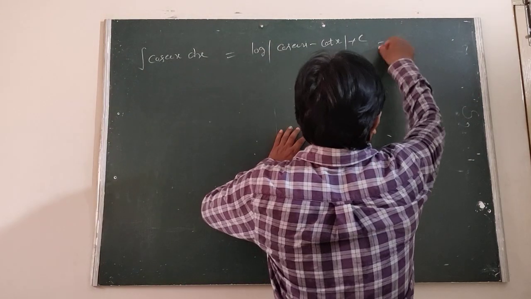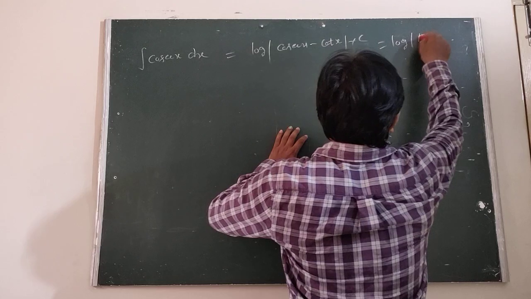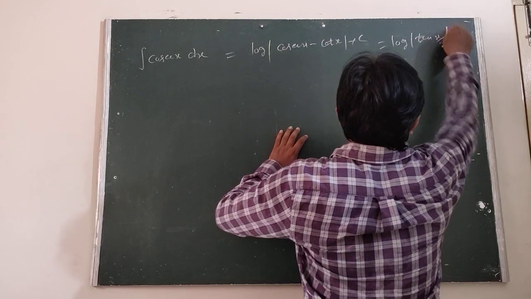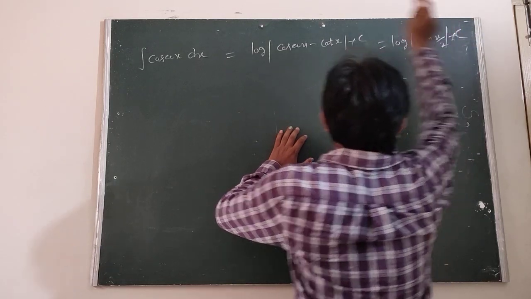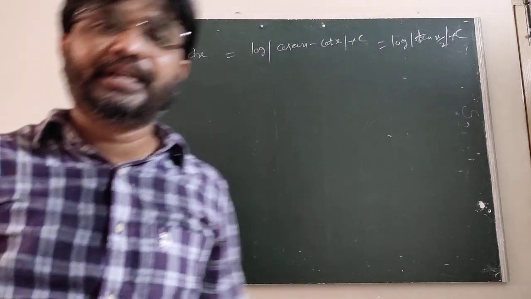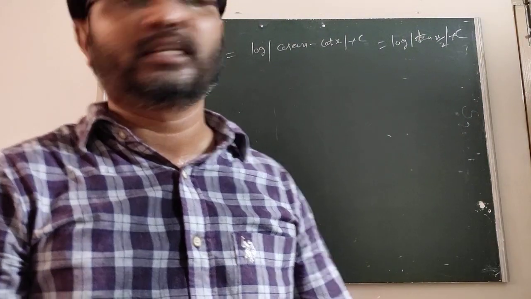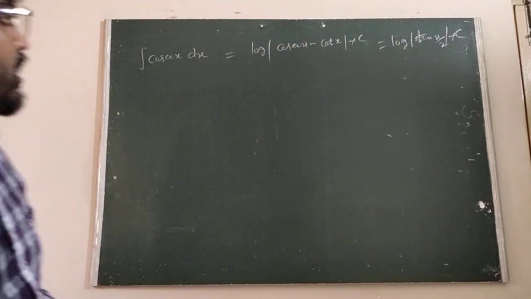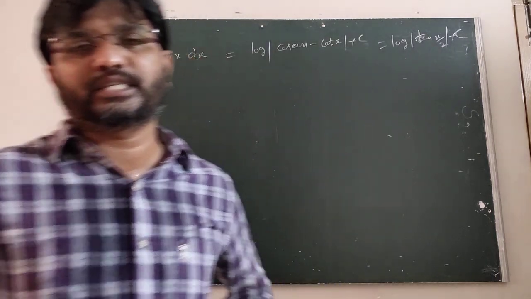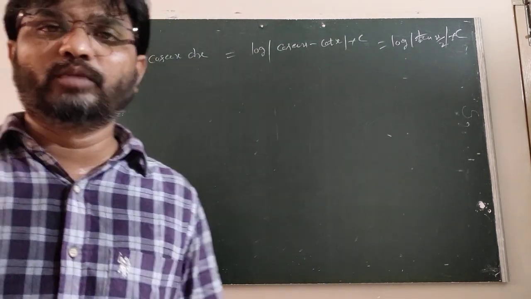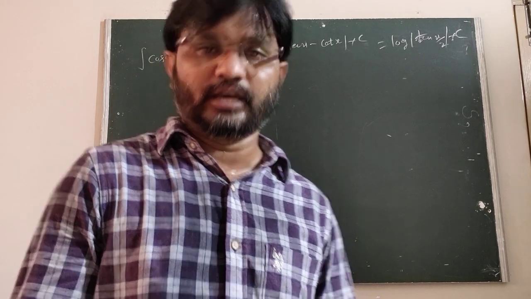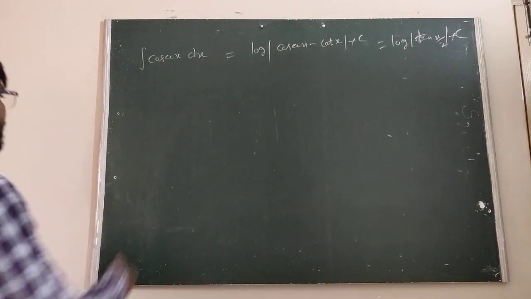Log mod of tan of x by 2 plus c. This is the integral of cosecant x into dx. The first one is log mod of cosecant x minus cot x plus c. Another one is log mod of tan x by 2 plus c. Therefore, now here